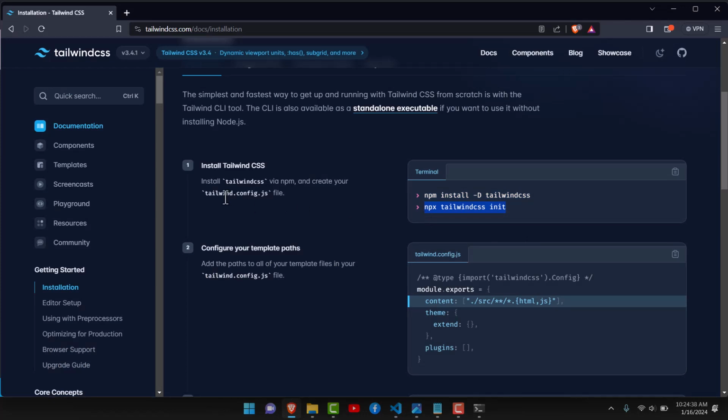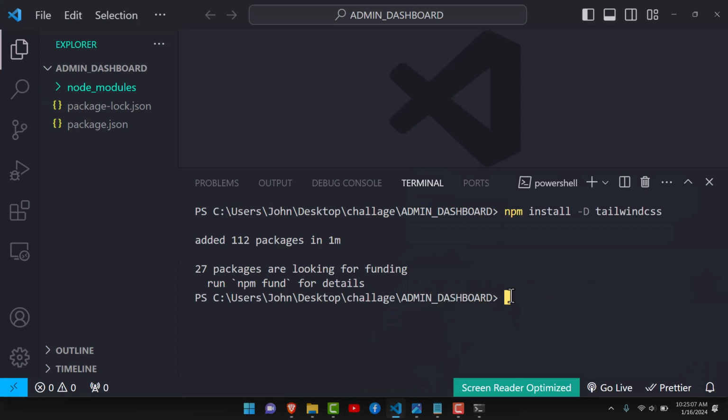tailwind.config.js. These files just help us to be able to further customize and, if I may say so, personalize how we want what we are creating to look like beyond the normal appearance. So we'll be seeing one of the things that we can work, or how we can be able to work with tailwind.config.js. So for now, let's just have it installed, and it's just grabbing that line and having it here, the